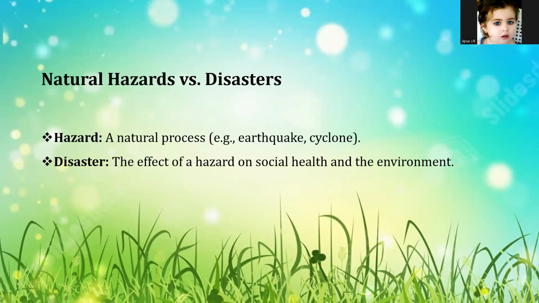The main impact of disaster is what happens when the hazard meets a vulnerable population. It is defined by the consequences, the loss of life, damage to infrastructure, and disruption of the environment. The main key characteristic is it is the realized damage. A common way to think about this is hazard plus vulnerability is equal to disaster. That is the main equation behind this.